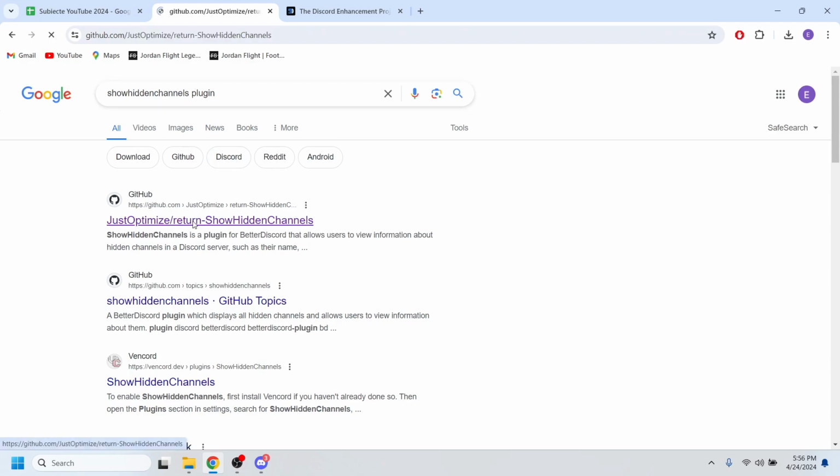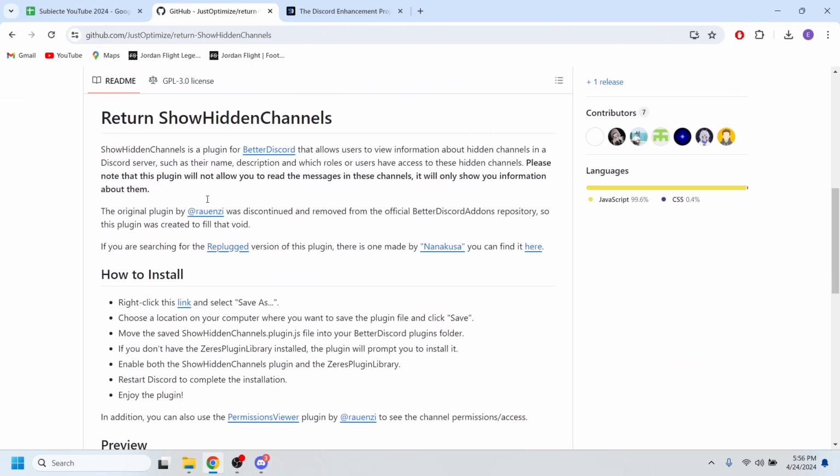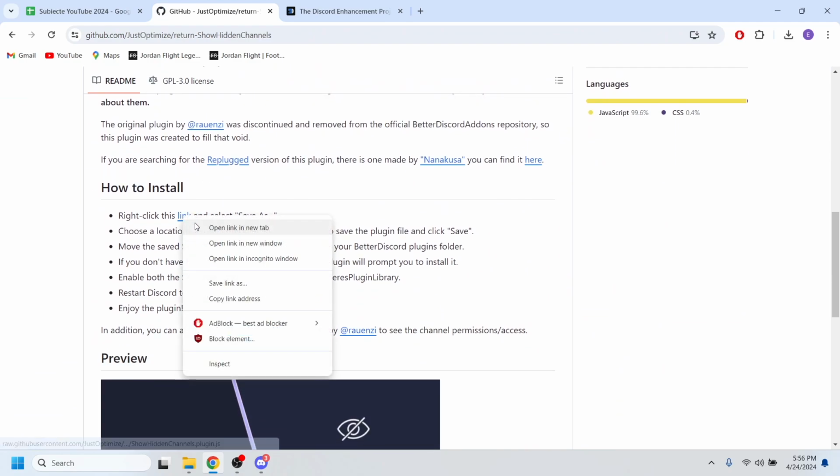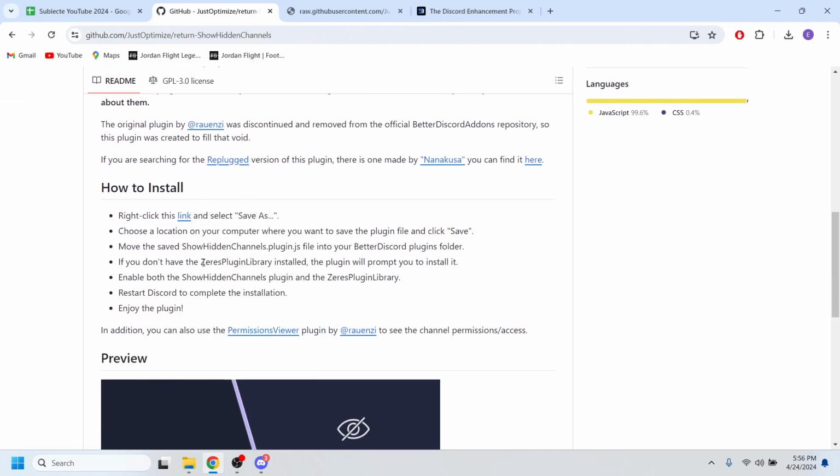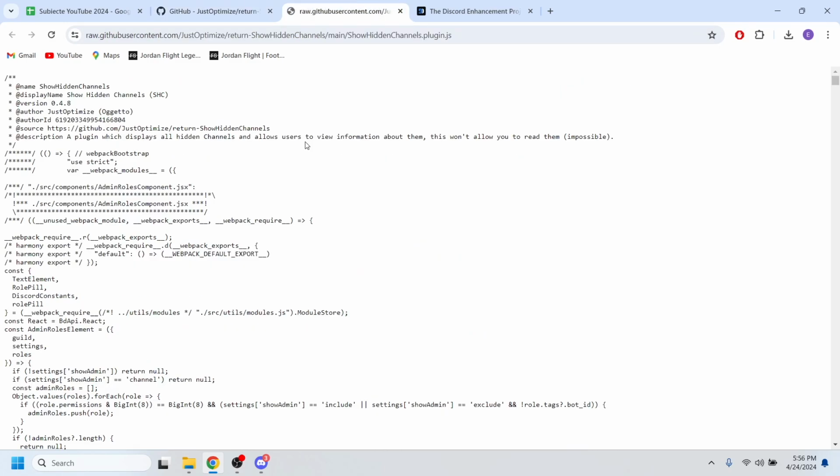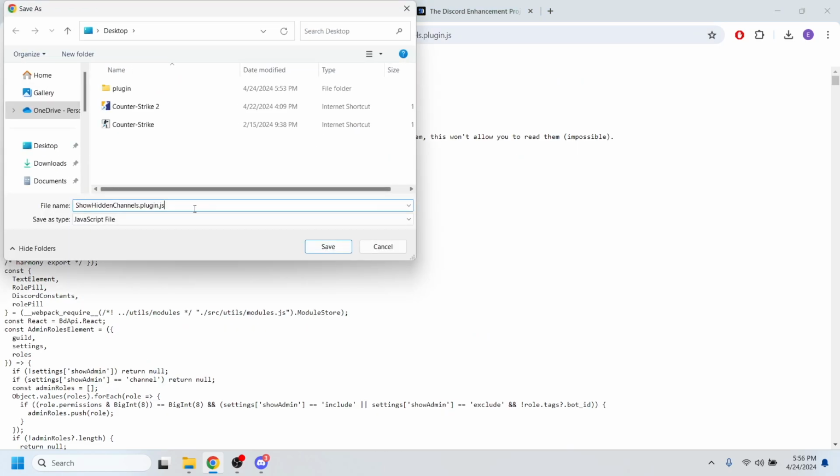And then hit the very first option right here. So if you scroll down, you'll have to go right here to this link, open a new tab, and you'll have to copy this option right here, showHiddenChannels.plugin.js, and then go to the code and press Control S,